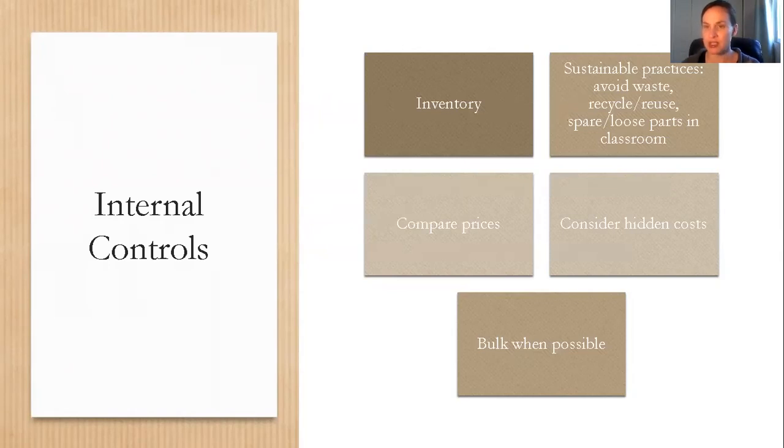I was a sub for an FCC provider when I was in college. That's where my knowledge of FCC providers comes from, on my breaks or after school. I had a neighbor who ran a large family home as a provider, and I would sub for her teacher or for her when she was on vacation because I had all of my units at that point. The biggest thing she ever learned was she built a shed in her backyard, and that's where she kept all of her things that she bought in bulk